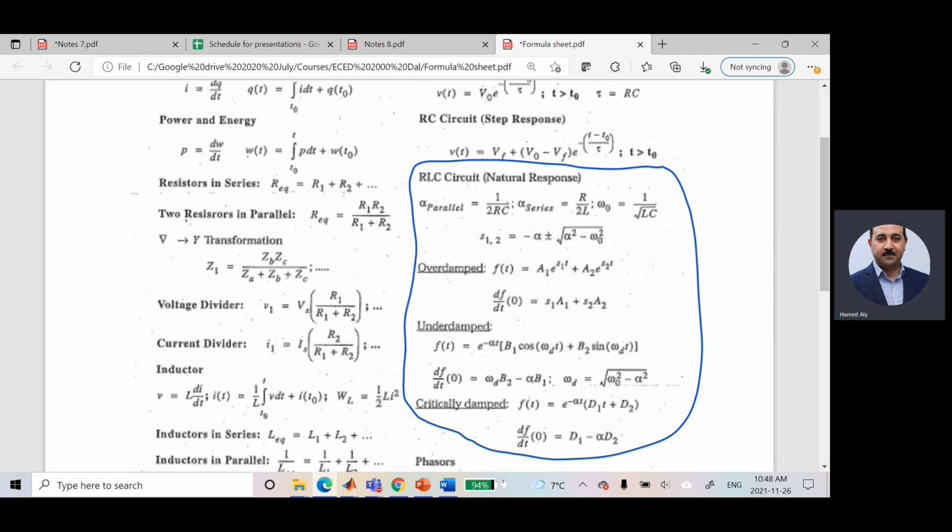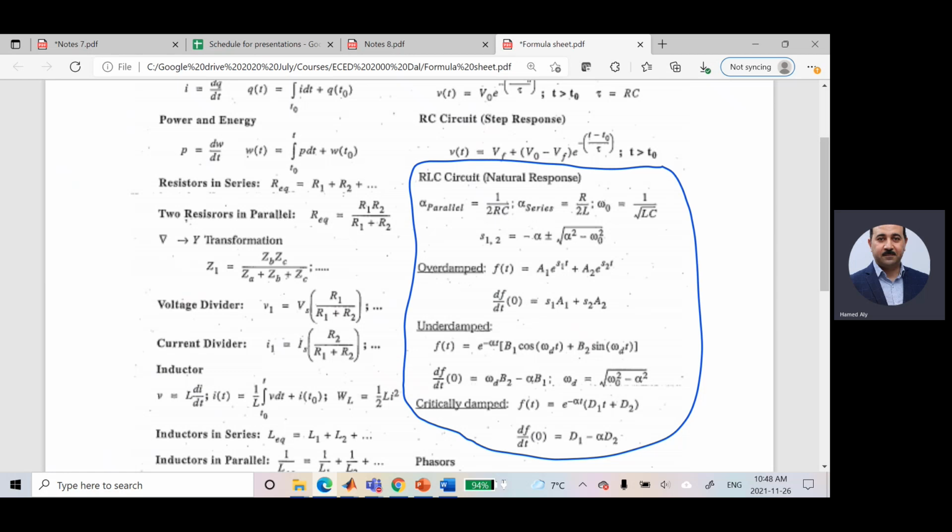Alpha parallel is 1 over 2RC, and omega 0 is equal to 1 over root LC, and alpha series is equal to R over 2L. I will distribute that. So you have to be sure that you are able to